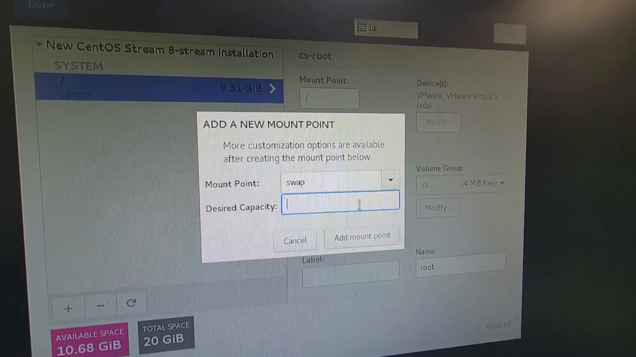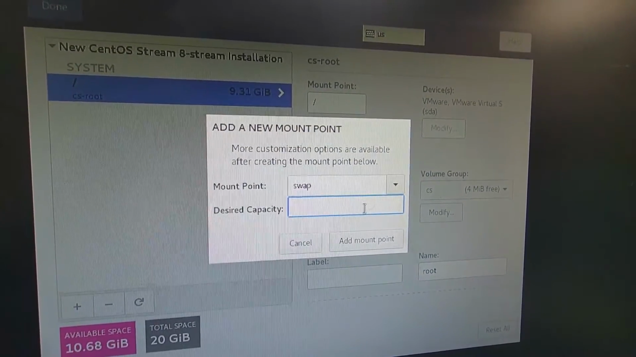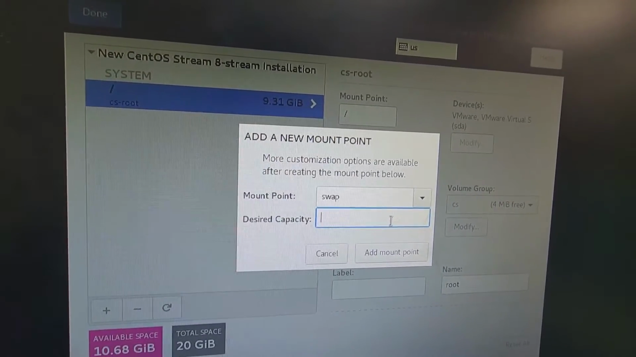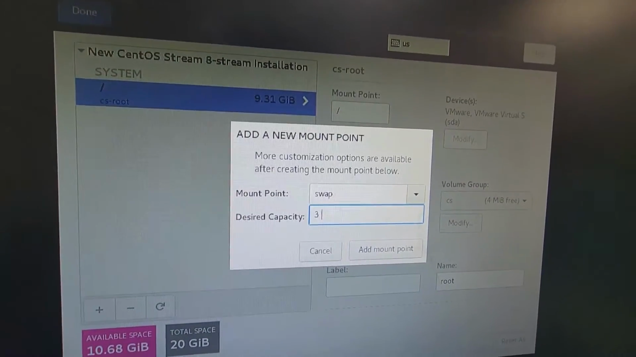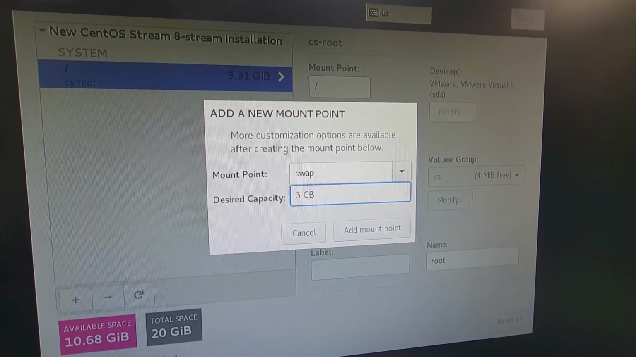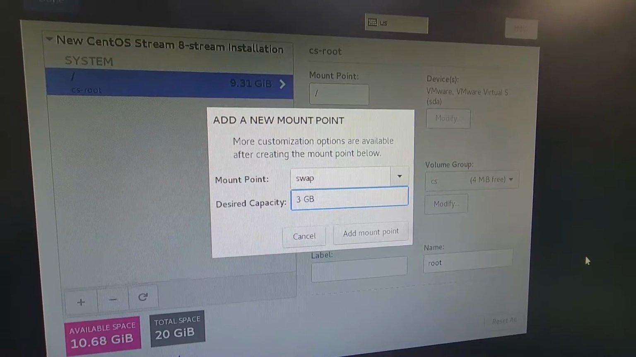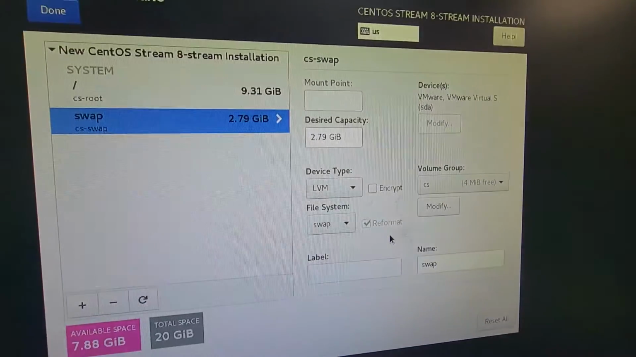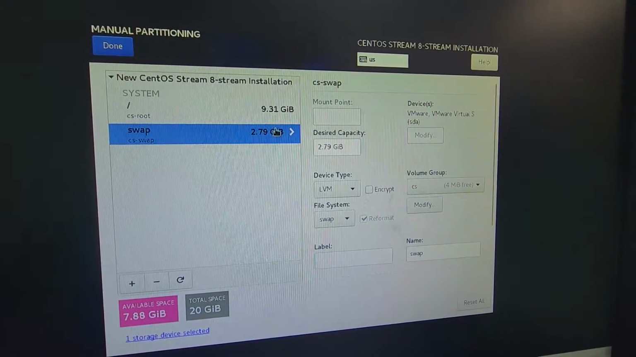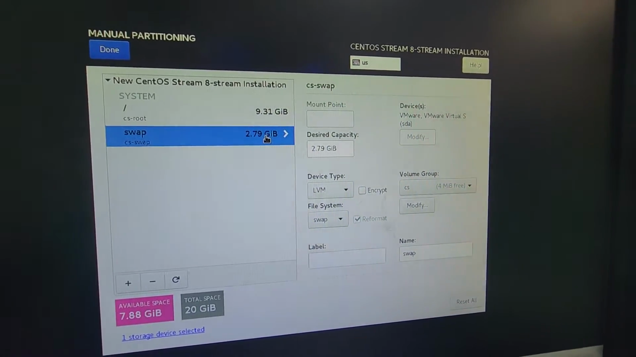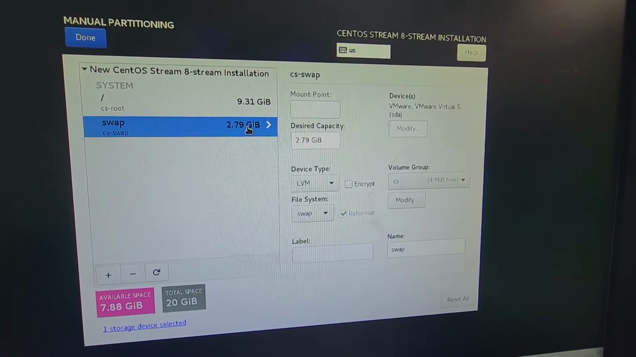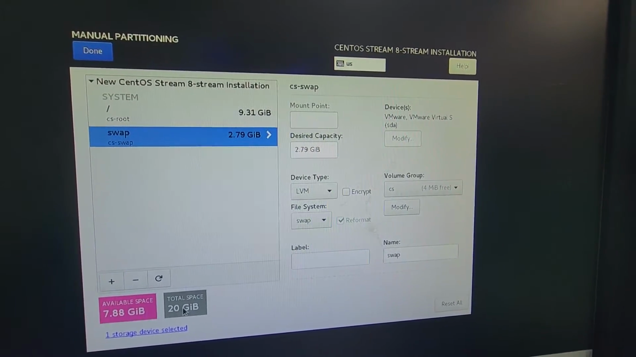What's the size, capacity for the swap file? 3 GB. Right? That's what the assessment is asking you to do. So put 3 GB as your, remember you select swap file, that's your virtual memory. Virtual memory swap, select 3 GB and add the mount point. So now you can see up there, we have 10 GB gone, 3 GB gone, and it's saying whatever is left behind, we have 7.88 GB left of that 20